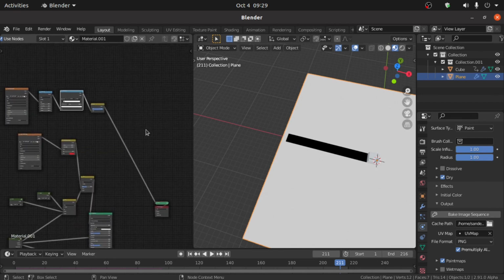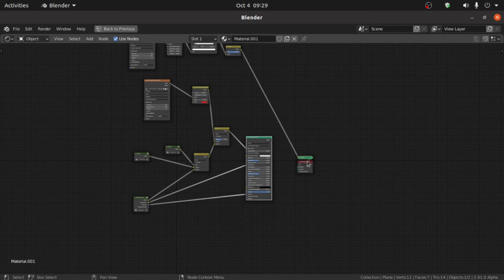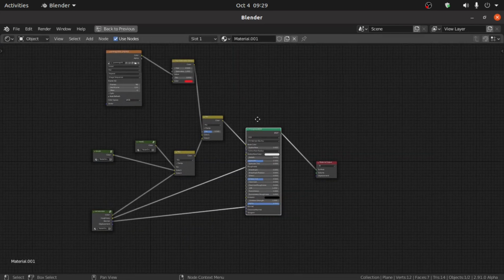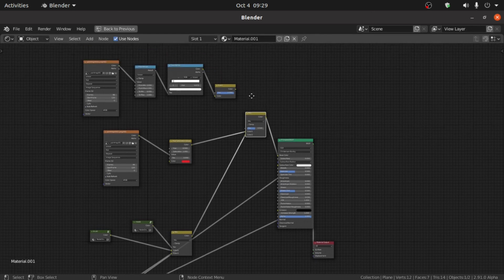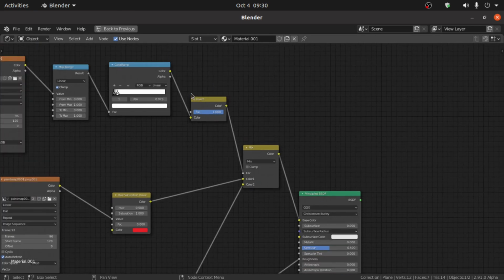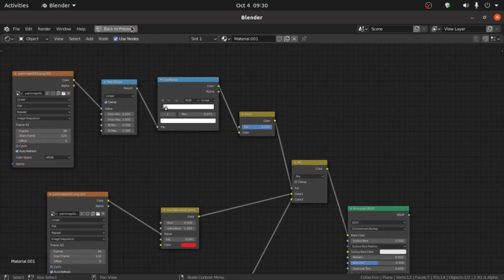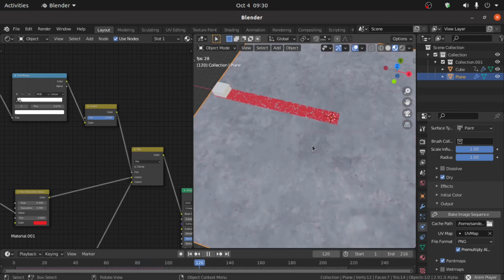Okay, now connect this invert with this factor. You can see there are some glitch, so it can be fixed.